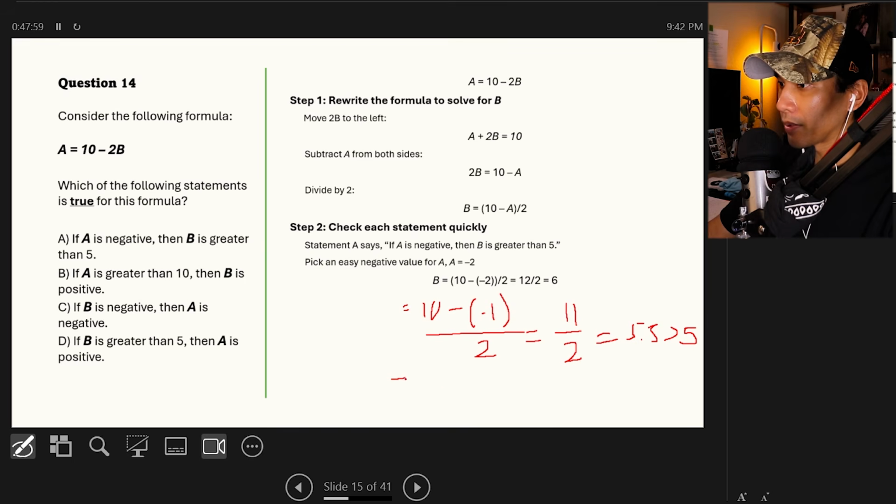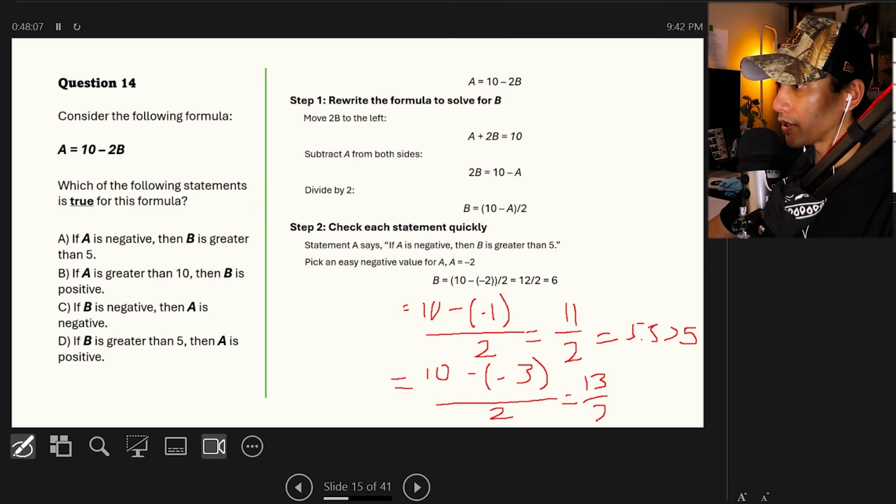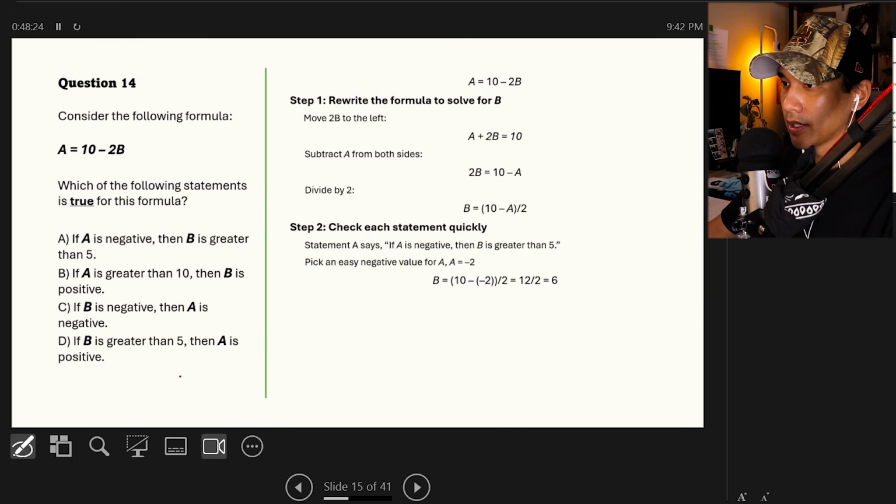So I guess statement A is correct. And then we could go further and just do 10 minus -3, over 2 equals 13 over 2 equals 6.5. So the number is going up by 0.5 as we go lower in our numbers, right? Because we're going -4, -5, -6, and so on and so forth. So what I have for you on the next slide,